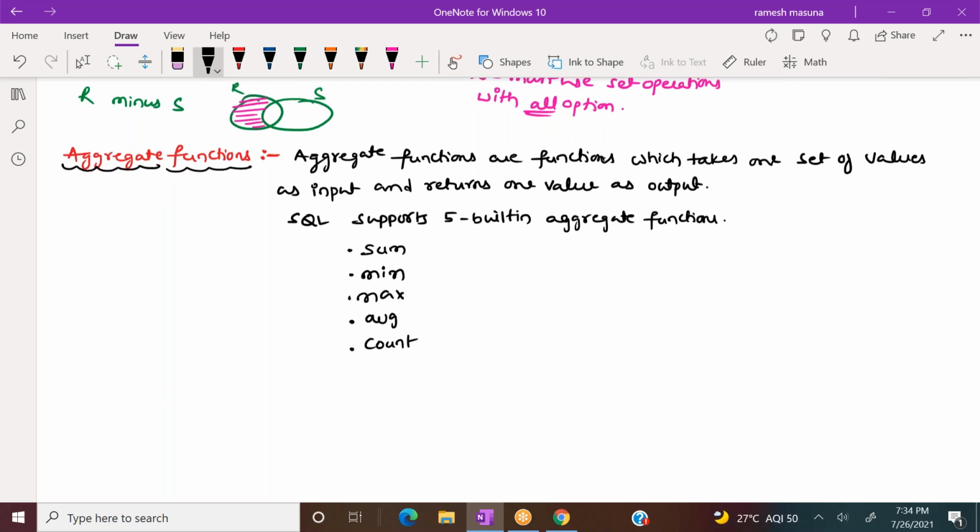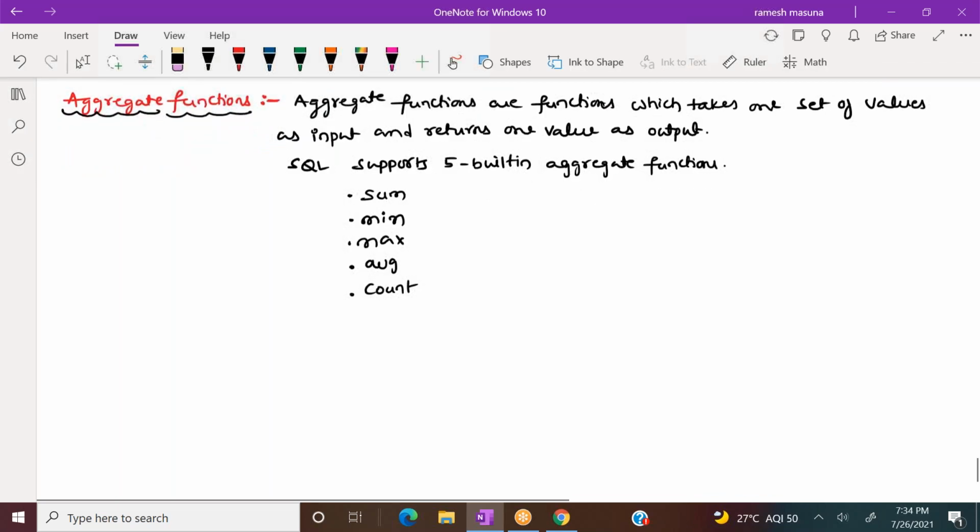I need not explain separately what sum, minimum, maximum and average are. Sum means the sum of values in that particular attribute, minimum is the minimum value in that attribute, maximum the maximum value, average the average value, and count.